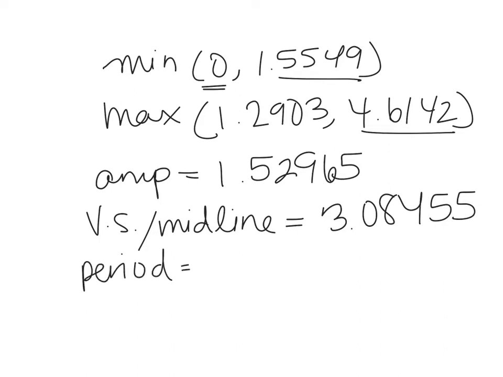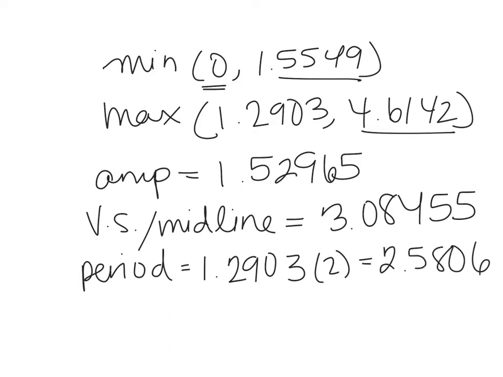And then for our period, we're looking at data, right? On this data that we're given, we can easily see we go from our min to our max. And we know a full cycle would then go back down to its minimum. But we only are given min to max, so we know that's half the cycle. So that distance on the x-axis from the min to the max is 1.2903. So if we multiply that by 2, we'll get the length of the full cycle, or our period, which is